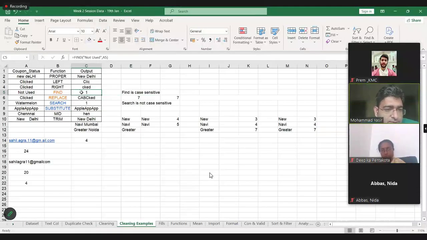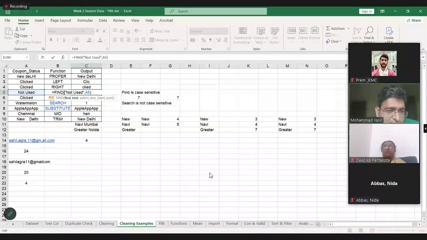So we are trying to find, let us say, "used" within our input string. The starting number is an optional argument, so for now I am using these two.